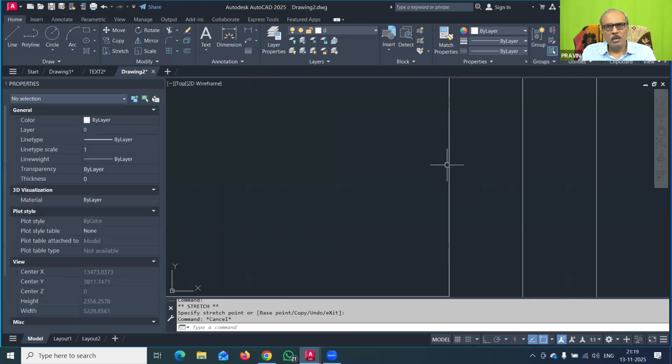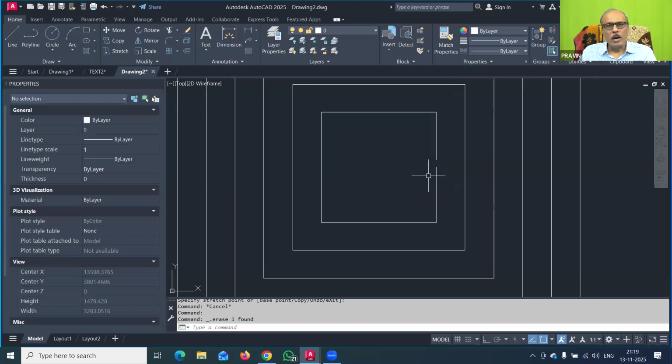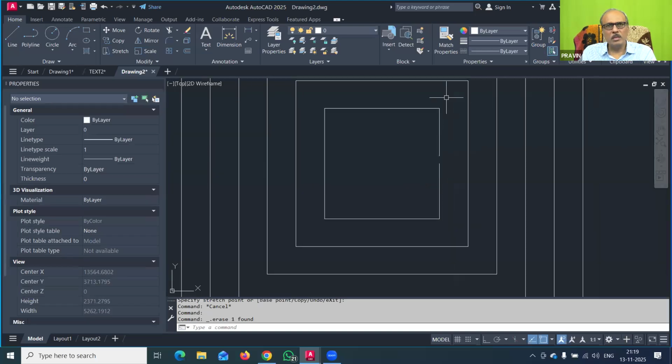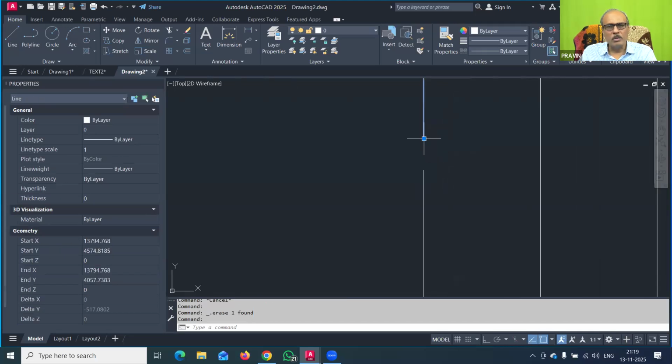And now I will delete the rectangle. So I have deleted this. You can see that there is a gap. If this gap is a little bit small, I can make it very small also.